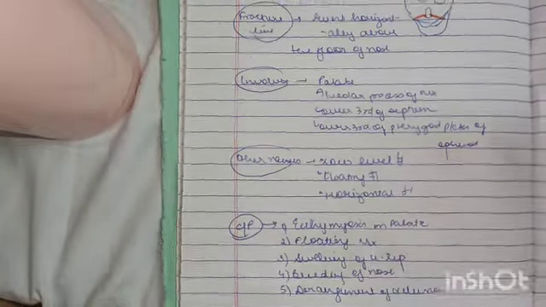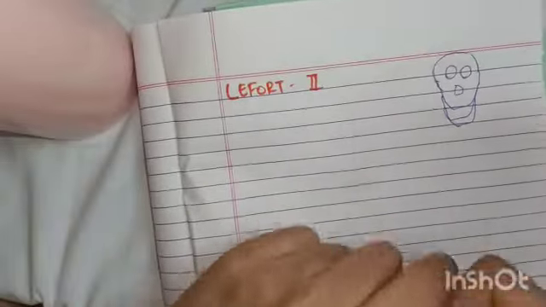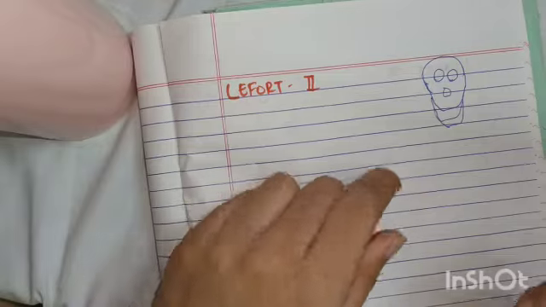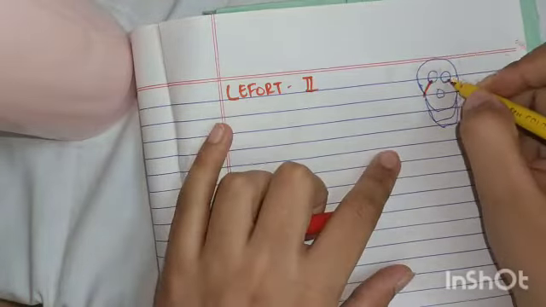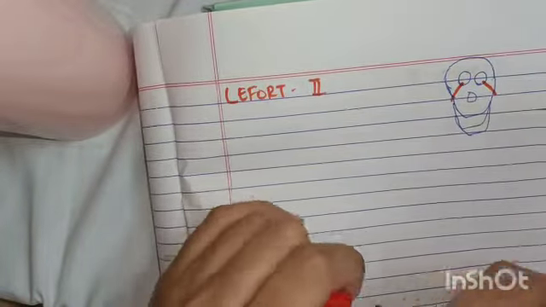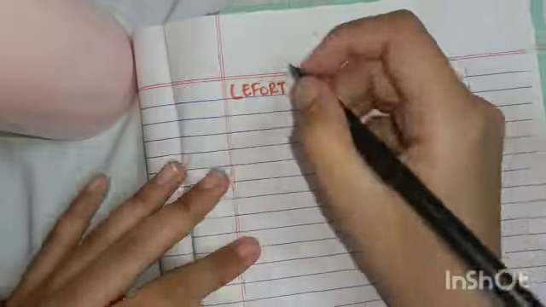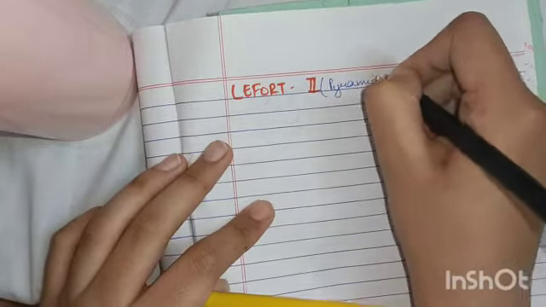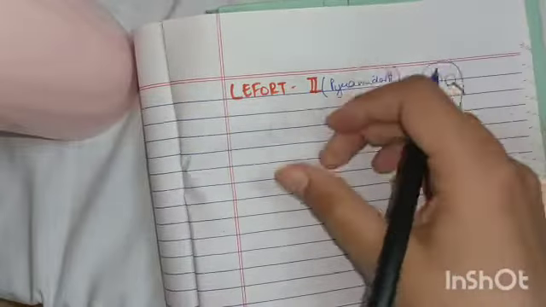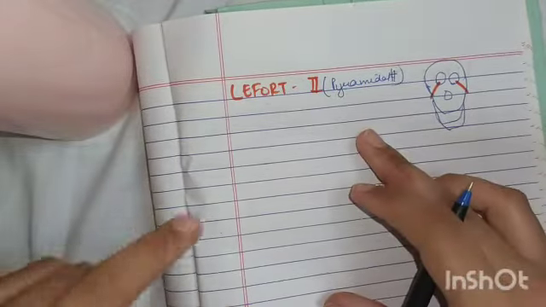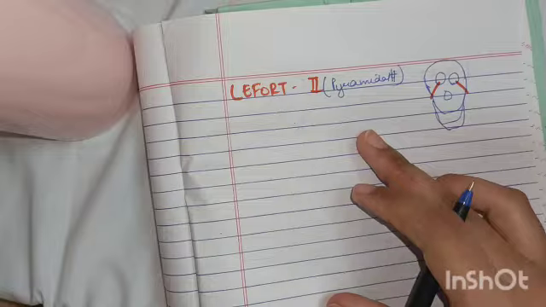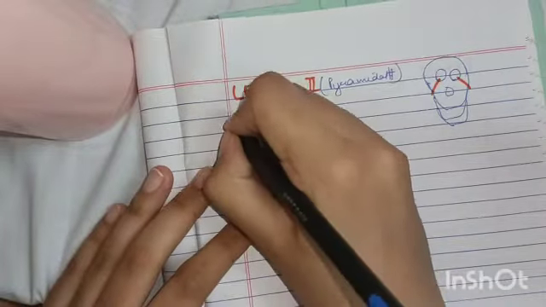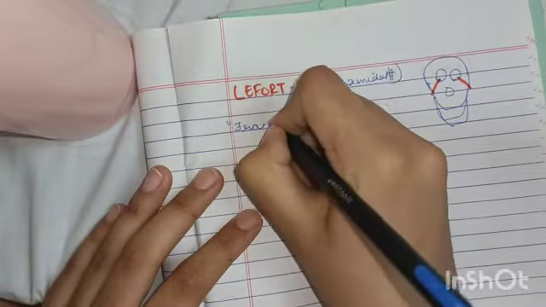Now let's talk about the level 2, that is the Lefort 2, sorry. Just to remember this, you have to remember that it goes on like this, alright? So, it is basically called as pyramidal fracture, alright? Now, you must remember the wording the same way that I tell you, alright? So, basically, the fracture lines